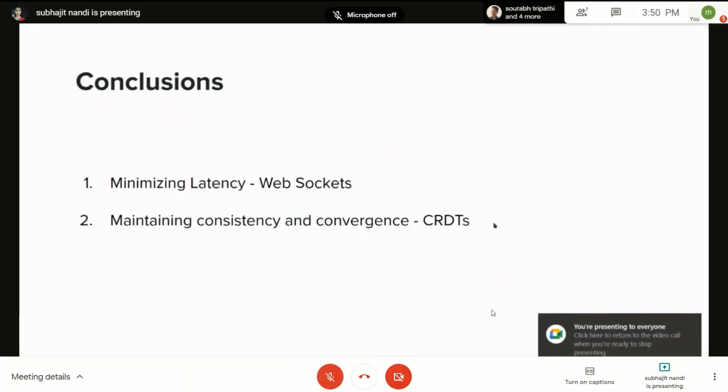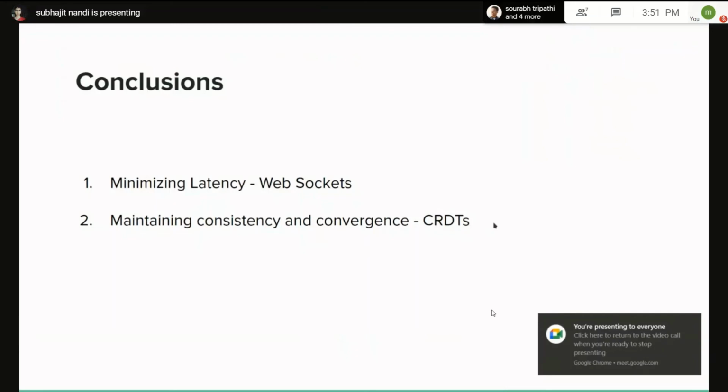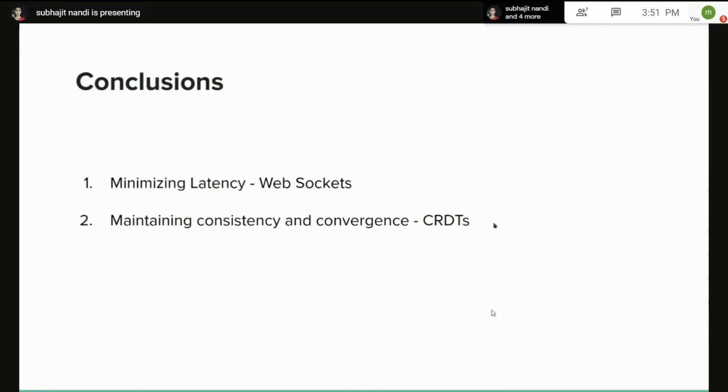Thank you, Mohit. What we can see from the results, as well as from reading various research papers, is that while we reviewed and tried several methods for minimizing latency, we found that WebSockets was the best protocol for our use case. It was easy to implement because of the availability of a good Socket.io library, and also because there were no costly handshakes involved, which were there in traditional HTTP.